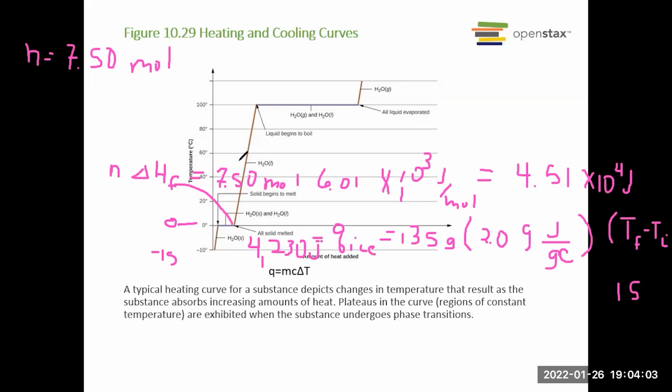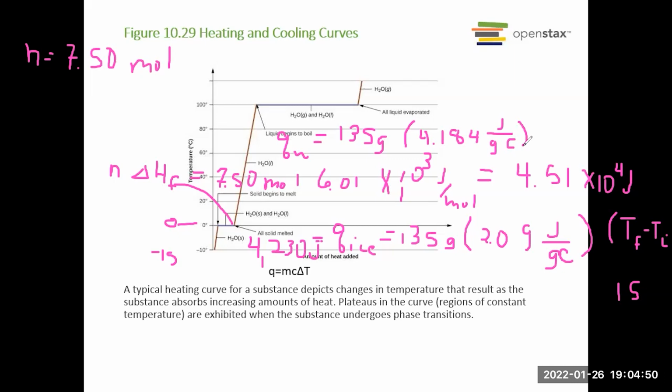So we want to use Q water, which is going to equal 135 grams times the specific heat of water, 4.184, that's joules per gram Celsius,